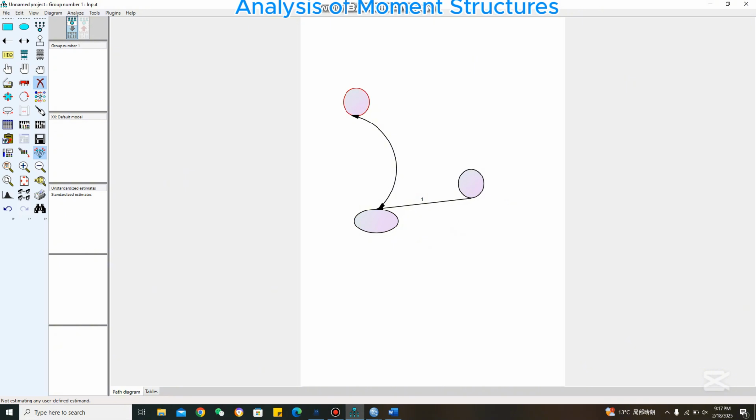Right, let me erase it. And then if you want to construct, initially I brought the indicators and then the unobserved variable, or the constructs. If you want to bring all of them together, you can just click on the top, which is the first one here. You click on it,